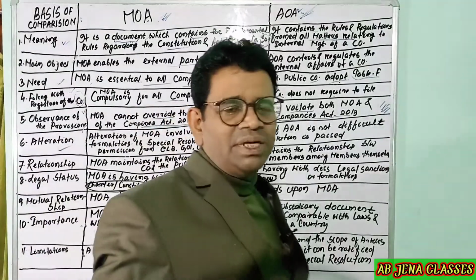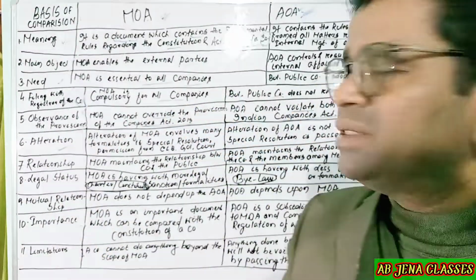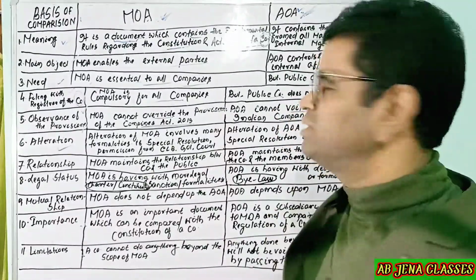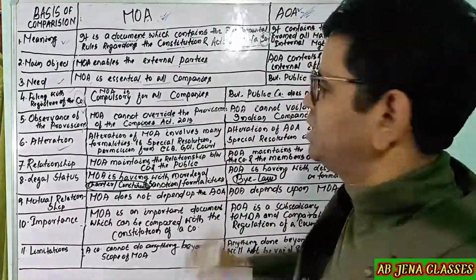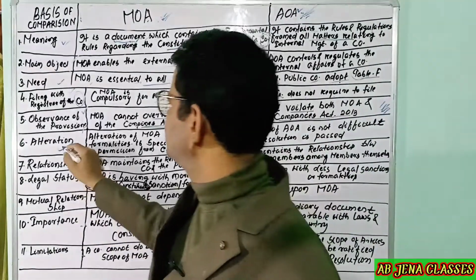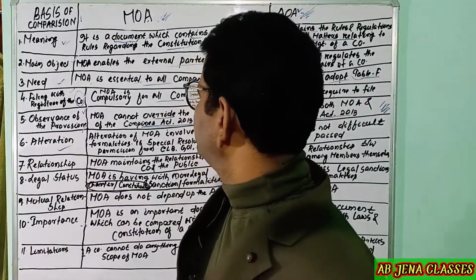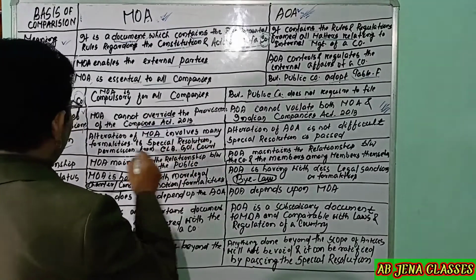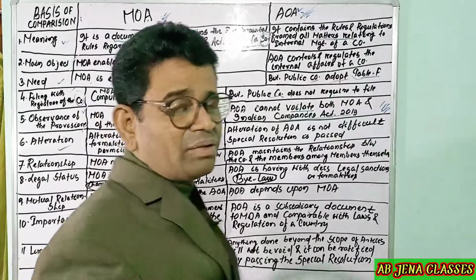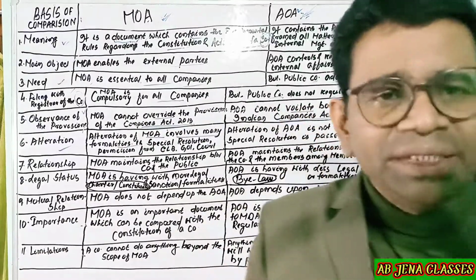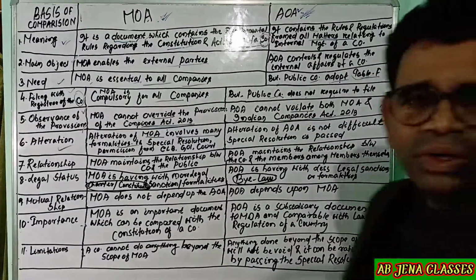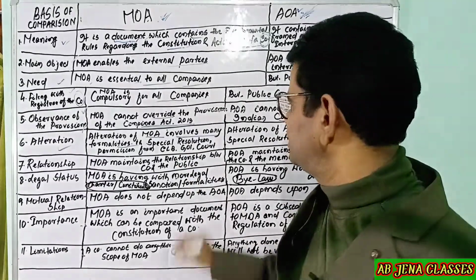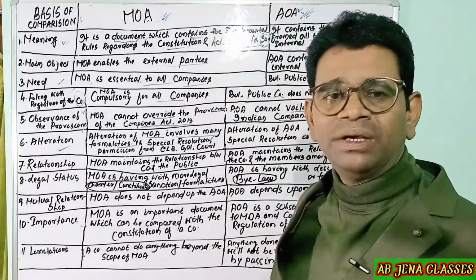If special circumstances arise, the company is supposed to change both the Memorandum of Association as well as the articles of association. So far as alteration is concerned, the alteration of the Memorandum of Association involves many formalities, so it is not easy. A company has to follow some formalities. What is this? The company has to pass a special resolution,